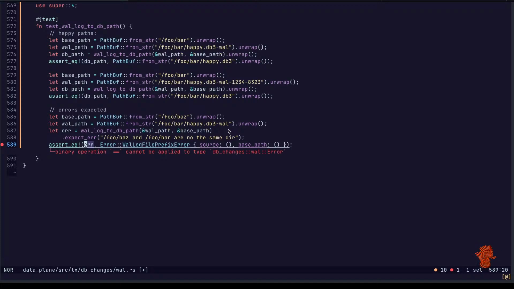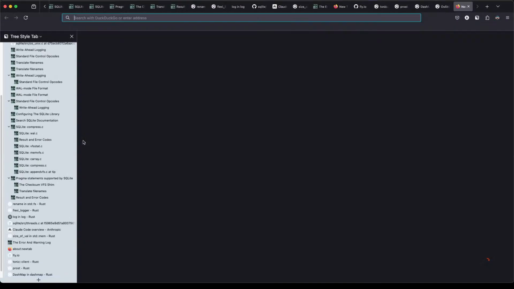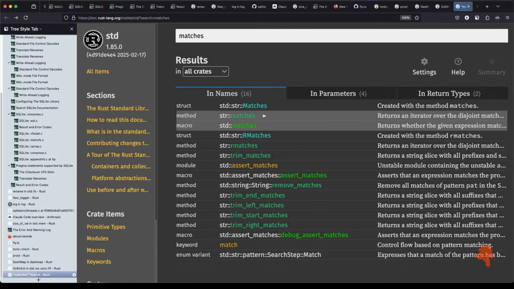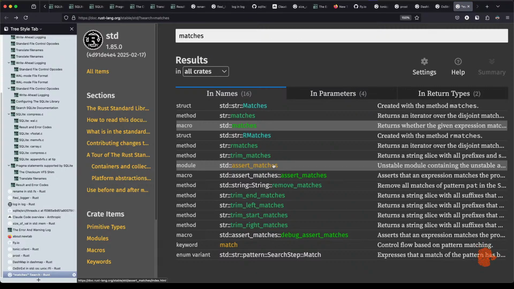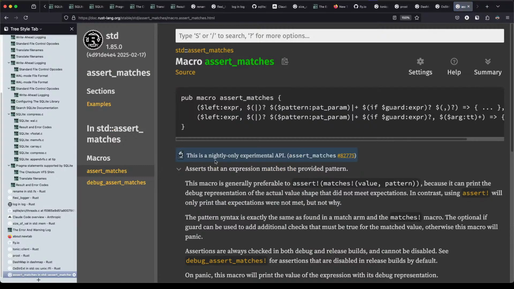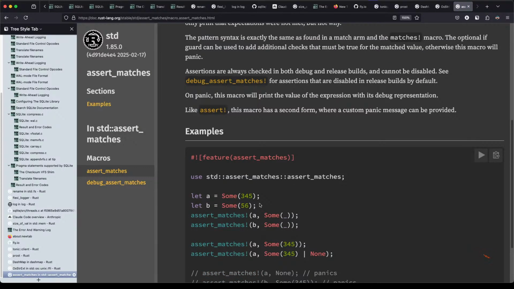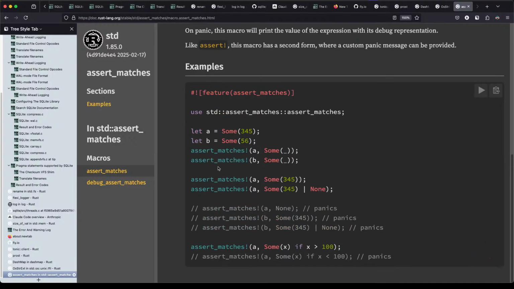I want it to be this. I think I want to use like a matches. Do I have to pull in the other one or can I use, wait, they have an assert matches. Nightly only.